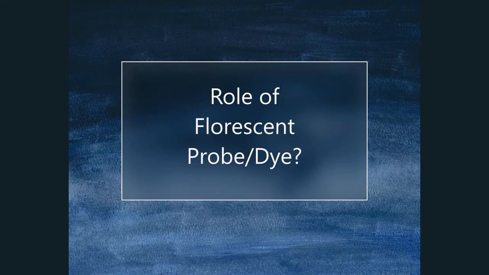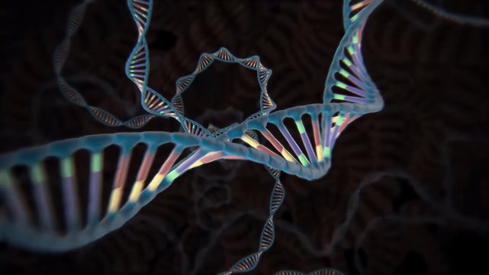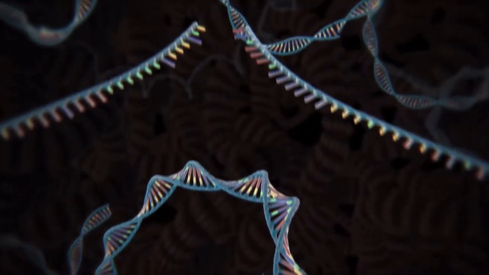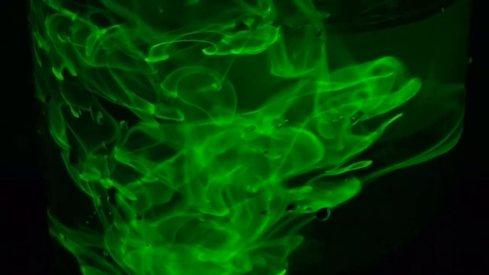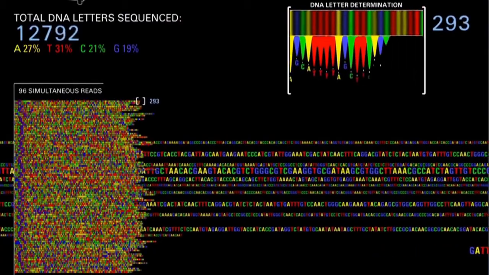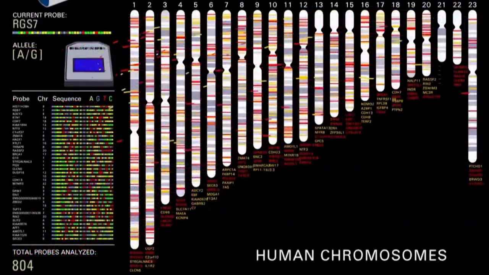Role of the fluorescent probe in RT-PCR. By using a fluorescent probe, we can check whether our target DNA is being amplified or not. For example, a green color probe binds with our target double-stranded DNA. Whenever there is amplification, we are going to see fluorescence coming out of it. Generally, the PCR process is a cyclic process of 1 to 2 hours. The more double-stranded DNA produced, the more fluorescence we see.